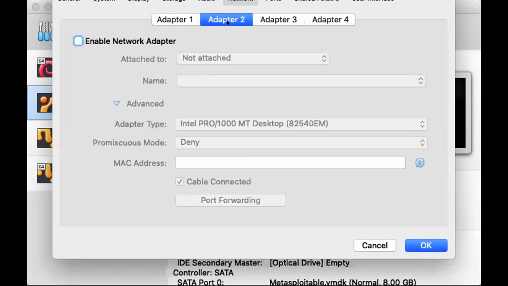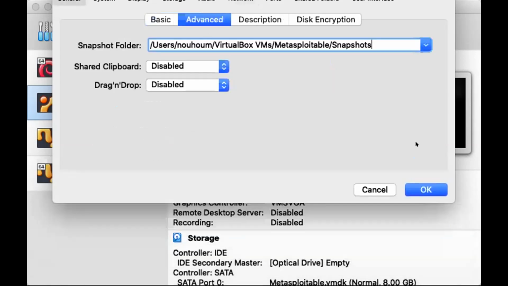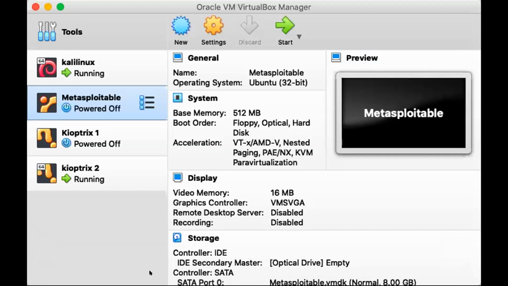But here adapter 2 is available, but that side adapter is disabled. Okay, fine. It should be one. It should also be 10.0. Maybe on that day you were using it, it was on the NAT 192 network. Try once again. It will be on the 10 network only, not the 192 network. You understood? It will come on the 10.0 network, not the 192 network.